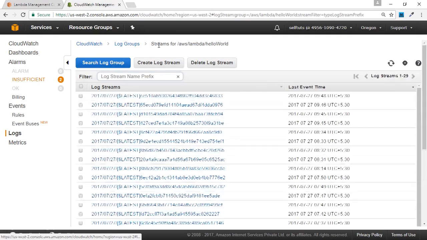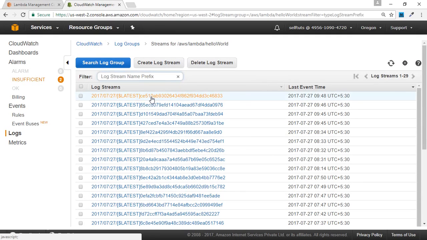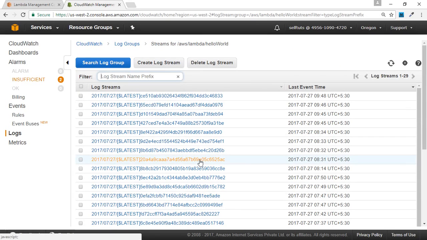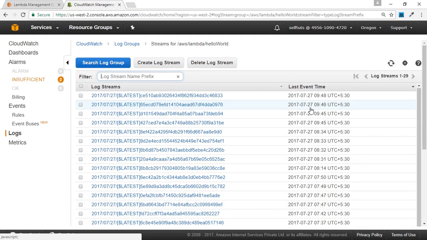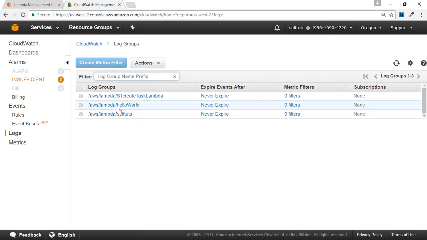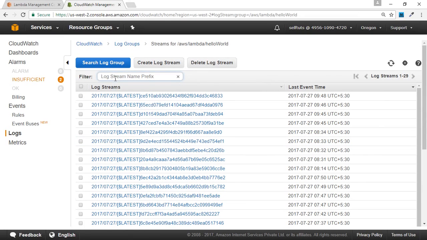You can also see that inside my AWS log stream, you can refer to these individual log streams, and you can see that the same logs are printed here also. The combination of these different log streams that have been created at different timestamps comprises the hello world log group. So you can refer to a single log stream, or you can go and see the full log group and filter everything from there to see your logs.